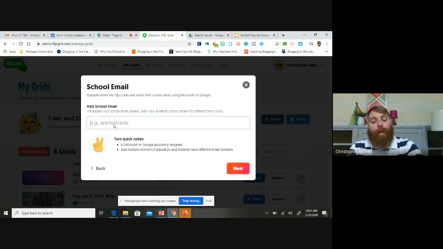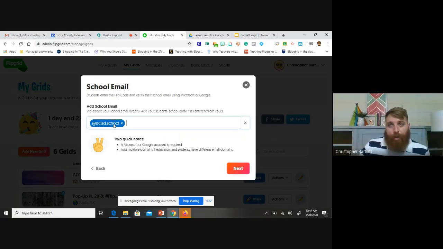So you guys are going to be creating grids, a lot of you for the first time. What you're going to add is just @ecisd.school and then press enter. So now that means anytime a student attempts to join this Flipgrid, they've got to do it with their ECISD Gmail, which is their ID number